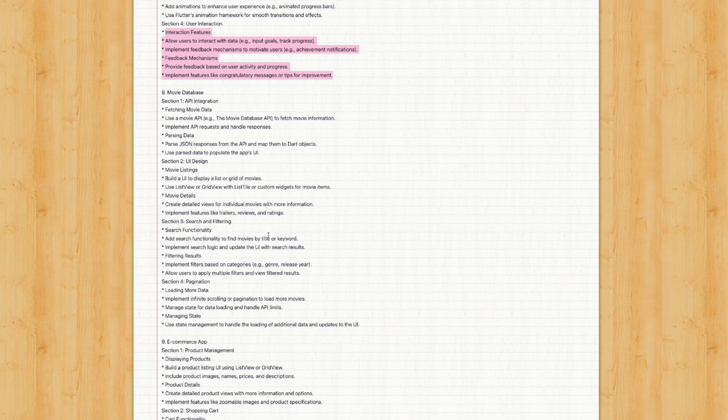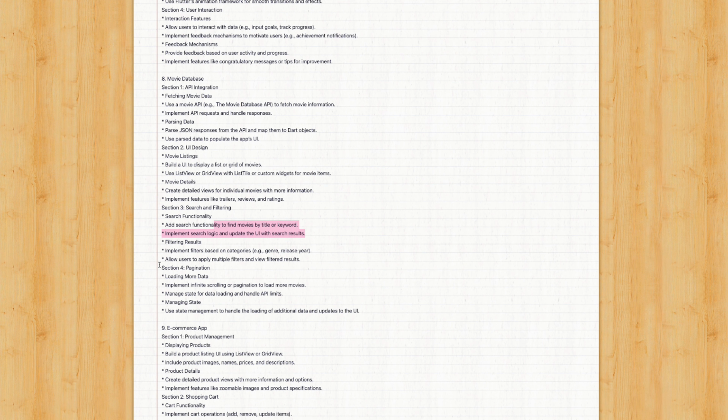So we bring all the things you've learned previously, bring it into here. For example, you're going to be fetching from the API. You're going to be parsing JSON responses. Then you'll be working with lists to show a grid of movies. You'll be working with search and filtering. When someone searches, it needs to filter the lists. You see, you're working with collections here. In fact, we'll be working with pagination, how to fetch more data as the user scrolls, infinite loading and stuff like that. Then we'll learn more state management.